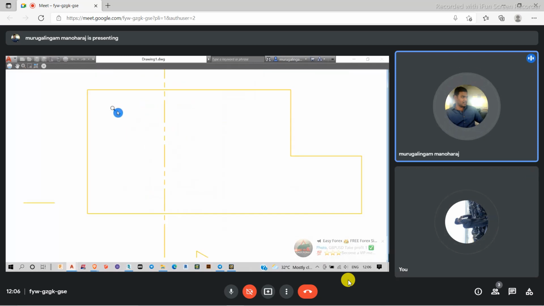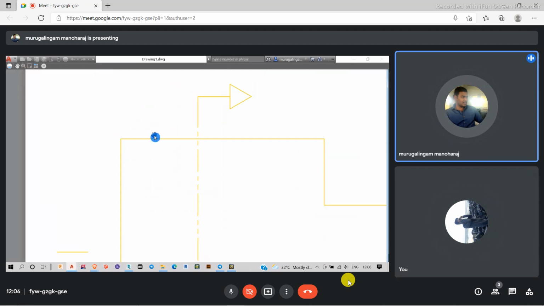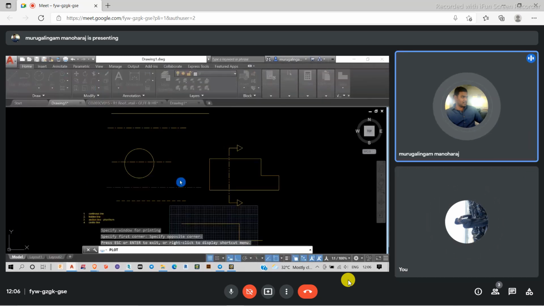Are you able to understand? Actually, I don't give any line weights, but some kind of line weight is displaying when I'm trying to take a printout here. Why is it happening like this?